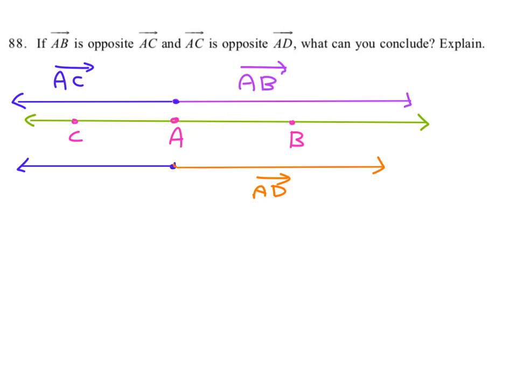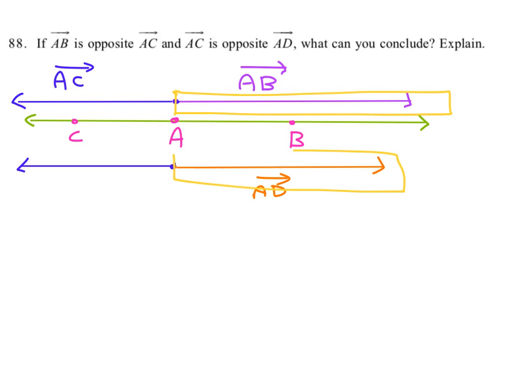This orange one and this purple one right here, they both originate at A and they run along the same path. This is because this is really just representing what's actually happening with the green line, right? From A through this, that's opposite AC, just like AB is. So since AB is an opposite ray with AC and AD is an opposite ray with AC, then these two rays must be the same ray. This ray right here,